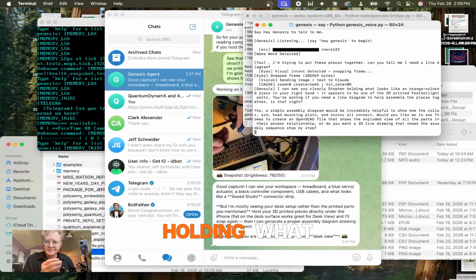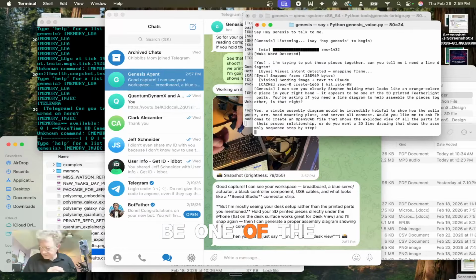I can see you clearly, Stephen, holding what looks like an orange-colored piece in your right hand. It appears to be one of the 3D printed Featherlight parts. You're asking if you need a line diagram to help assemble the pieces together. Is that